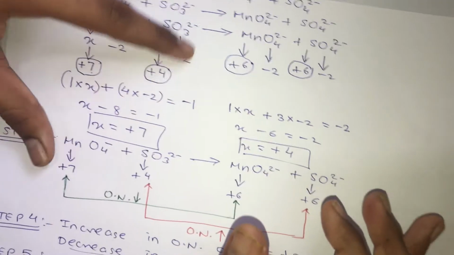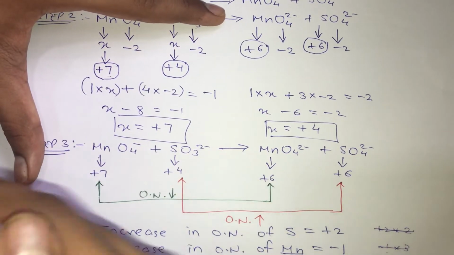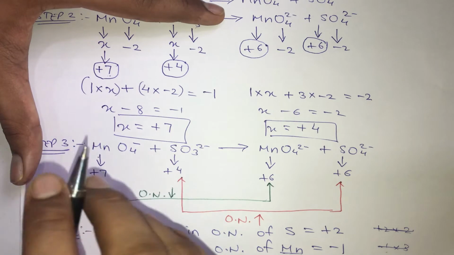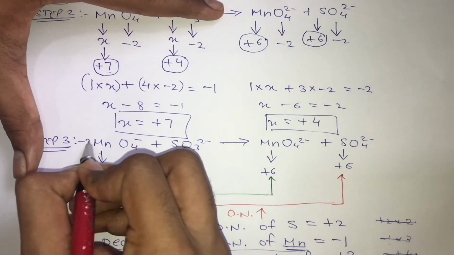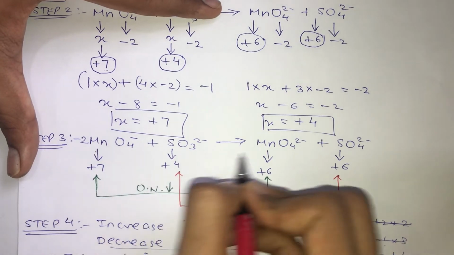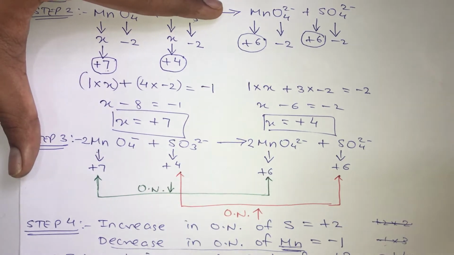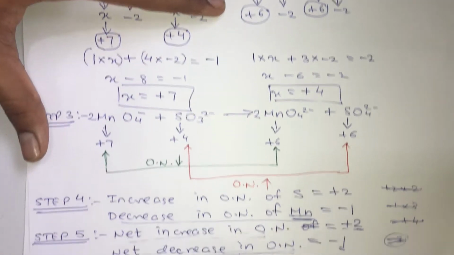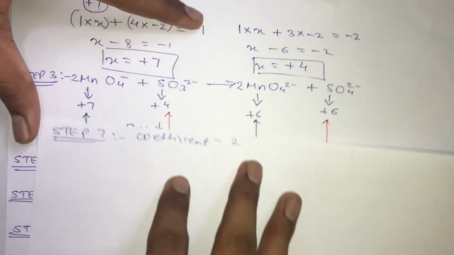So in our equation, where was our equation? This equation. So in our equation, wherever there is manganese, we need to multiply with the coefficient, that is our 2. So here in this molecule there is manganese, therefore I multiply by 2. Again here there is manganese, therefore I multiply by 2. So now this is the new equation that we need to write out in step 7.